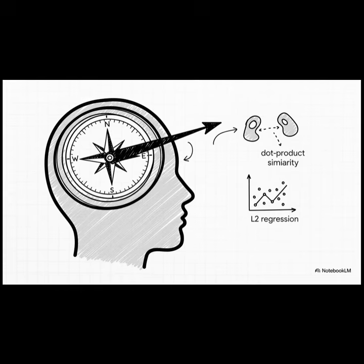Now here's the kicker. It turns out that almost all of today's AI models are just using one of two main strategies. They either focus on how similar things are, which is called dot product similarity, or they try to get their predictions as close to perfect as possible, which is called L2 regression. That's it. Pretty much the entire field boiled